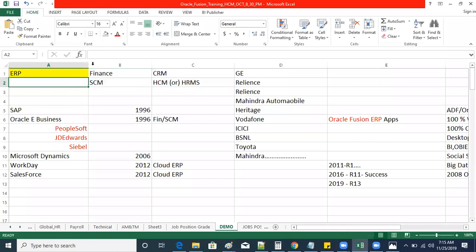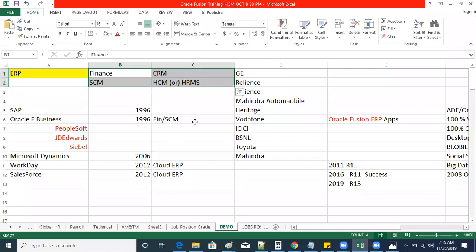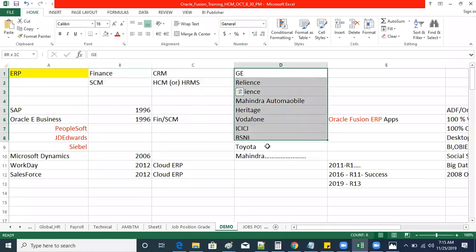So ERP is a product or software or an application which provides a complete end-to-end solution for clients to maintain their business data. If we take any client, it may be an electrical client, or a telecom, manufacturing, food, or any banking sector, telecommunications, any enterprise. If they want to maintain their business data in a single application, then they can go ahead with the ERP